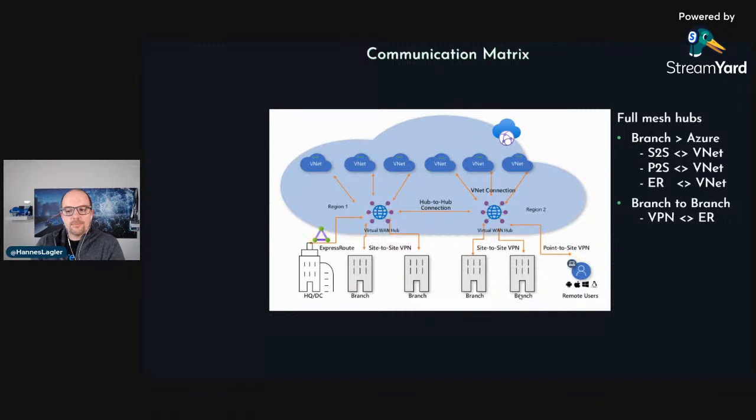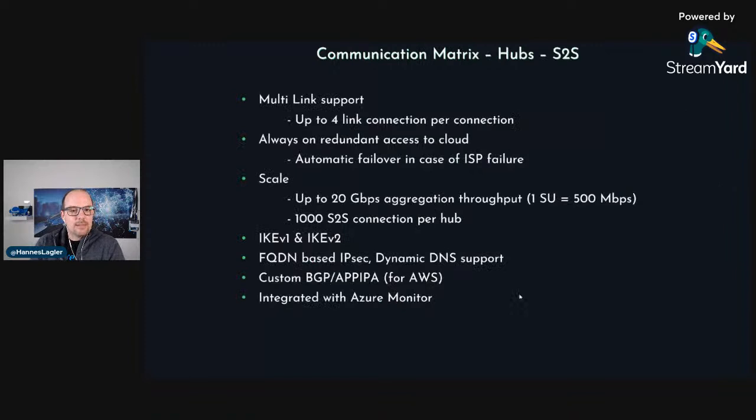About single region, point-to-site, the same from the point-to-site perspective. So these are all the options you have, and also for sure from the Azure perspective, when we have our virtual networks, we can connect over the VirtualWan Hub from one virtual network to another virtual network or over 2 regions over the Microsoft backbone. So this is also possible. What are the limitations here?